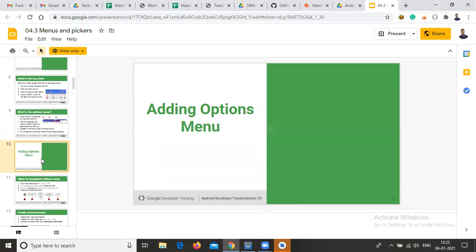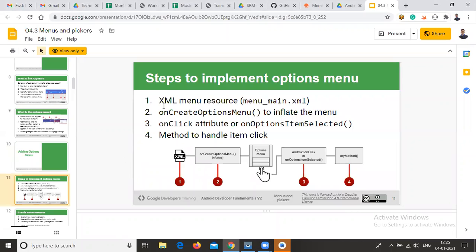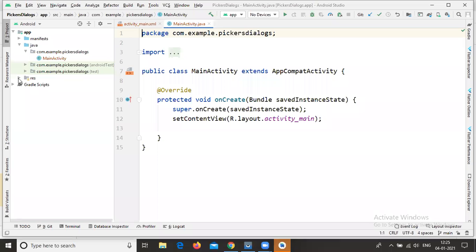Okay, so how do we add option menus to your project? In this PPT, they directly start from creating the XML file. But if you observe your Android Studio, there is no directory with the name menu in your RES folder.